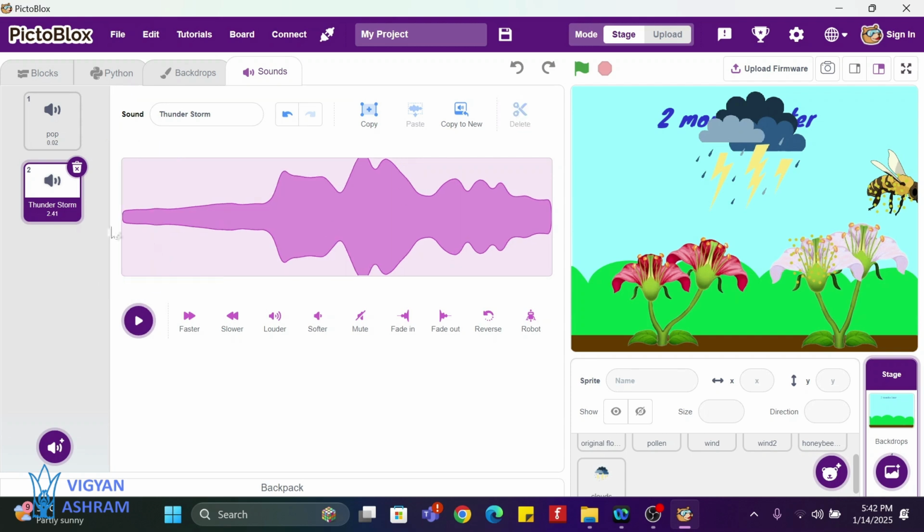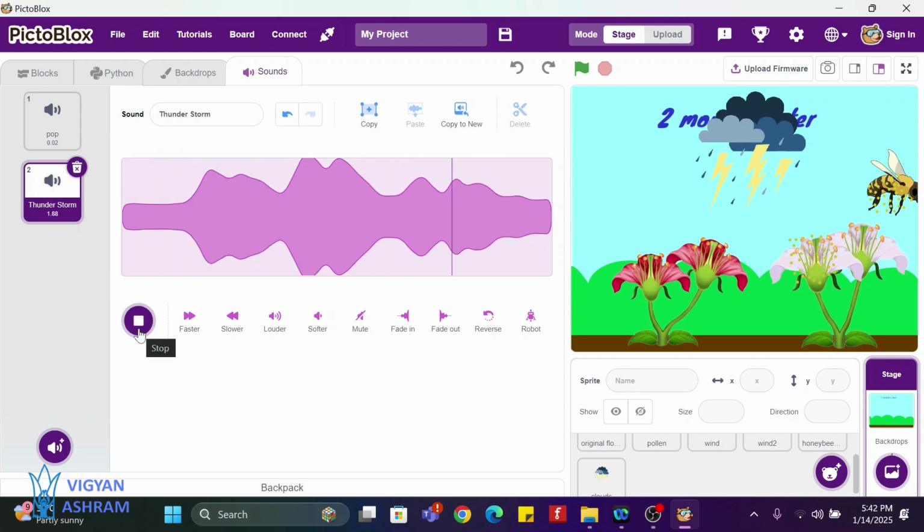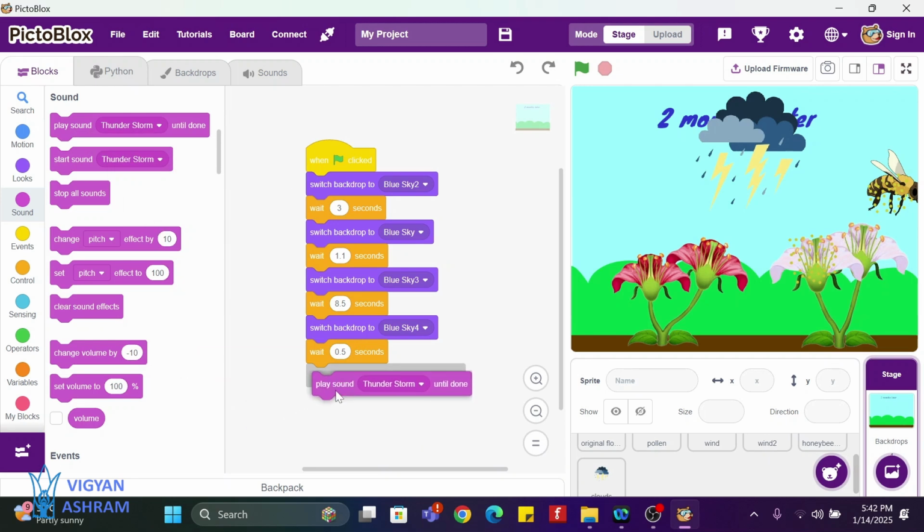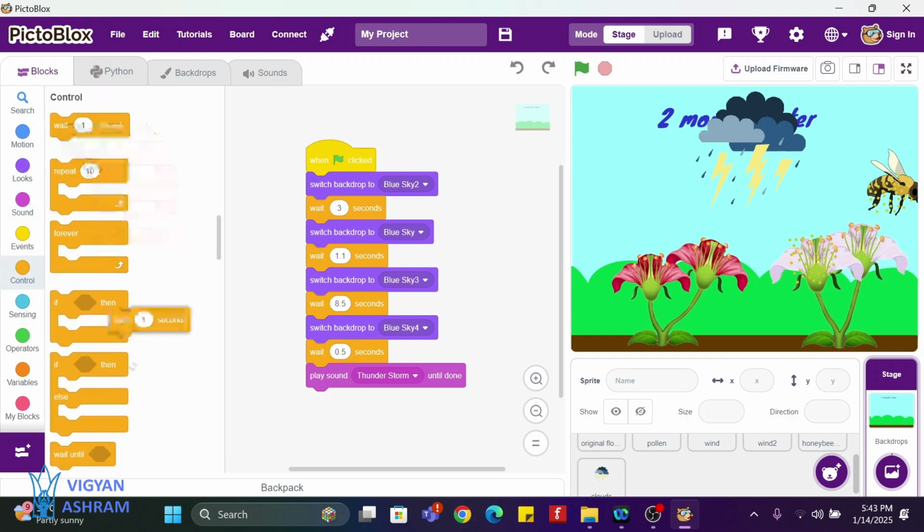Let's reduce it to maybe 2 seconds, and a little bit. Yes, so now let's add the sound, and then after this we're going to play it for some time, like maybe 3.2 seconds or something, and then the backdrop will change